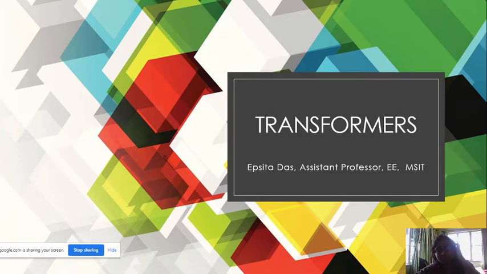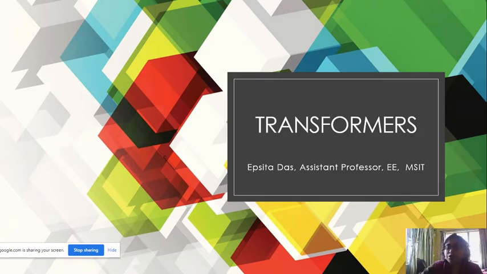but the most important thing we are going to cover is the working principle of a single phase transformer. And today we are going to understand what the EMF equation of a transformer is, how we can get the EMF equation of a transformer, and what the phasor diagram is. Generally, when a transformer is connected to a system, there must be a load, but initially when we charge the transformer, we also put it on no load. So we will discuss today what no load and on load mean with respect to a transformer.